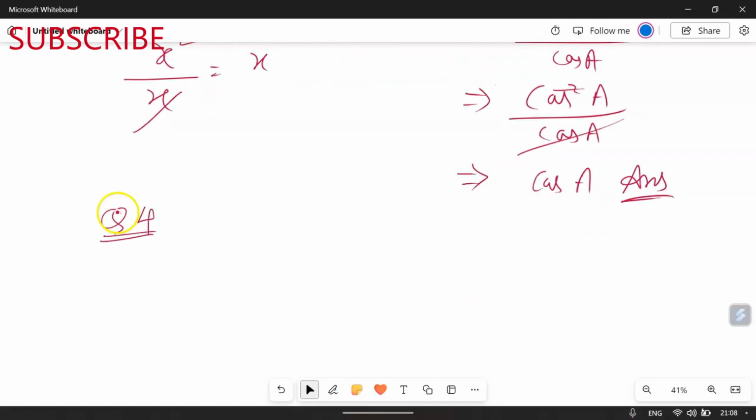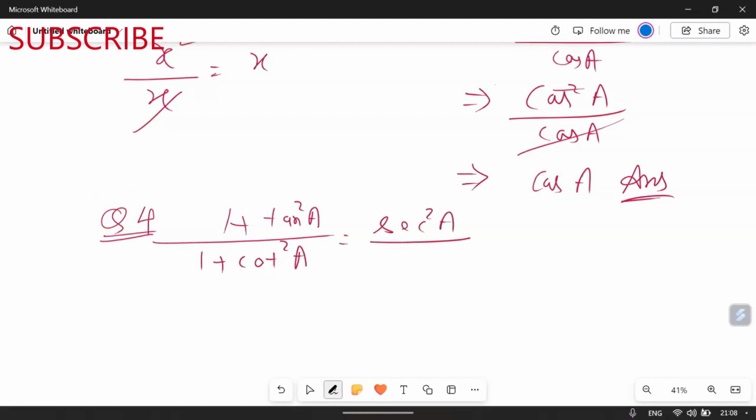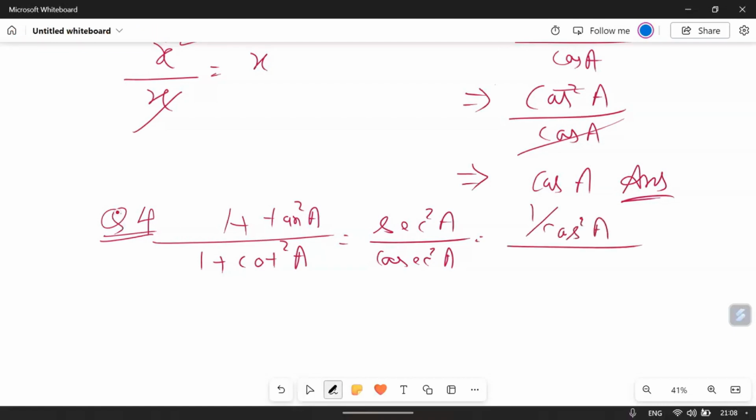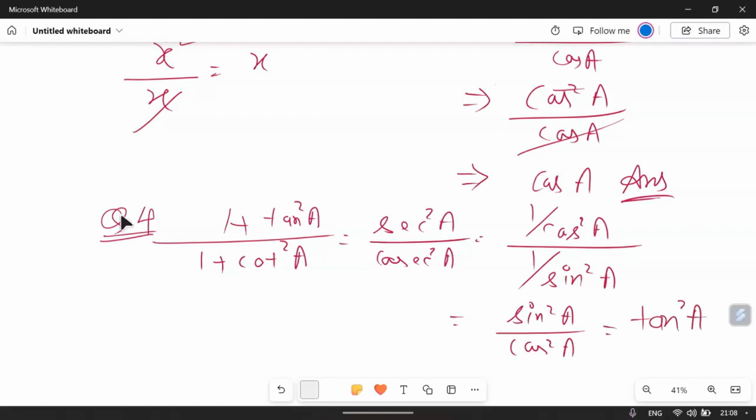Let's do question number 4 then. 1 plus tan square a upon 1 plus cot square a. You must understand this. 1 plus tan square a can be written as sec square a and 1 plus cot square a can be written as cosec square a. Since we have to convert it into sine, sec square can be written as 1 upon cos square a, and this can be written as 1 upon sine square a, cosec being the reciprocal, and this will become reciprocal. So it will go like that, and the answer will be tan square a, because we know that